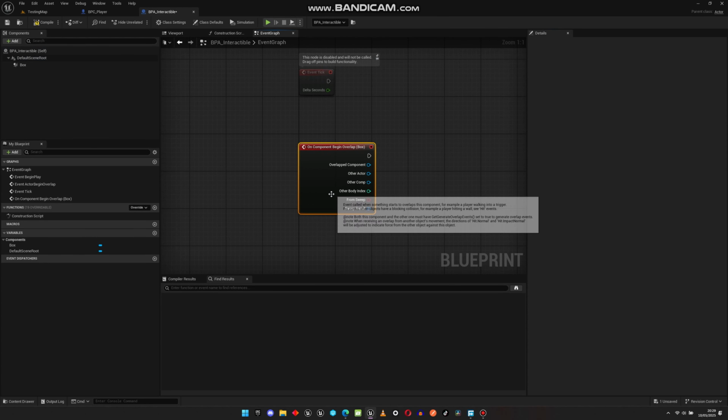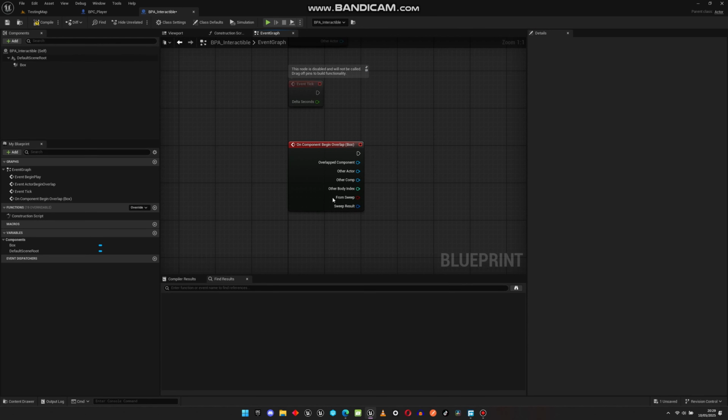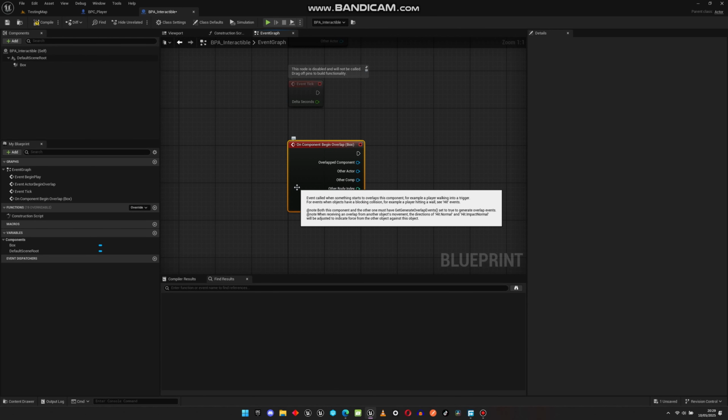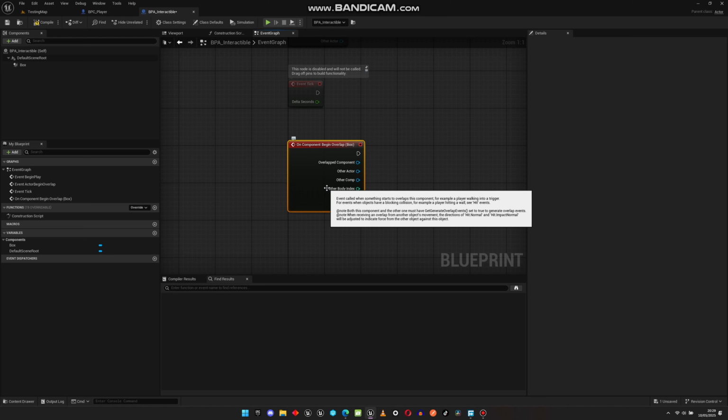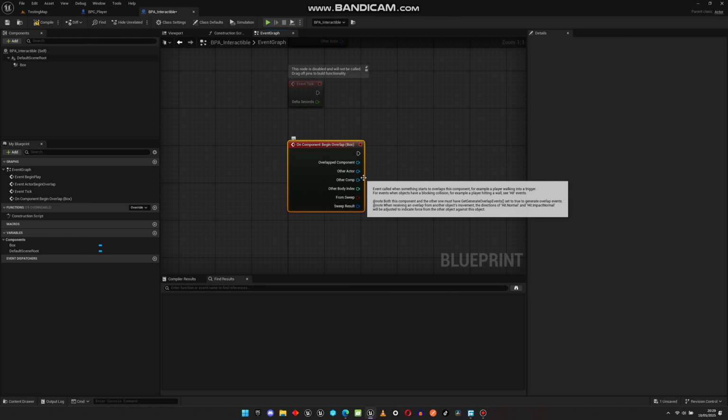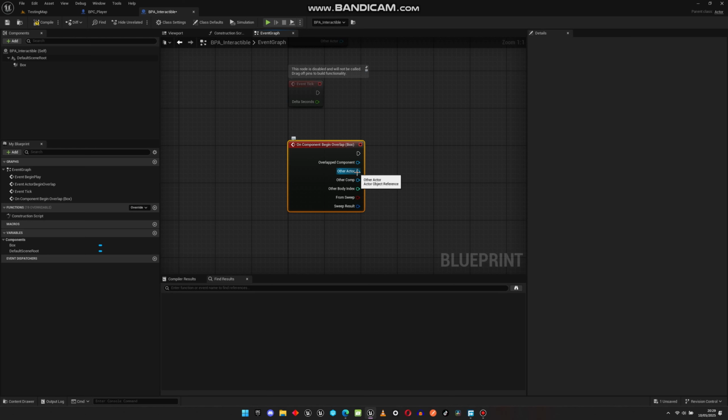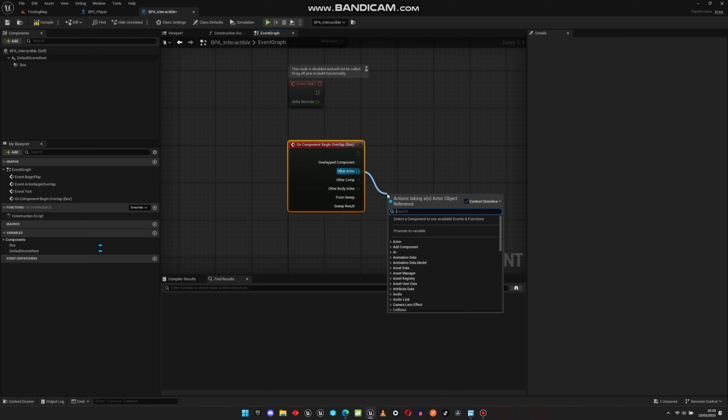So we are getting an overlap event being activated, and we'd like to know if what's overlapping us is our player or what it is. So I'll take the other actor node. Remember, there are different nodes. I'll take the other actor because if it's a component that's overlapping this box, we're still going to get the parent actor. So I'm just going to click on the other actor and